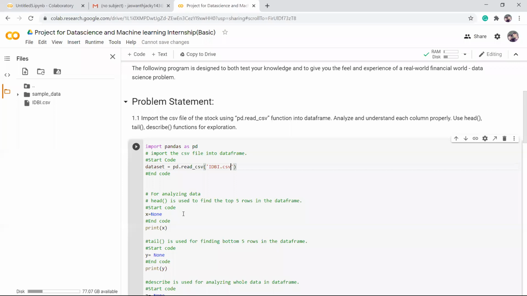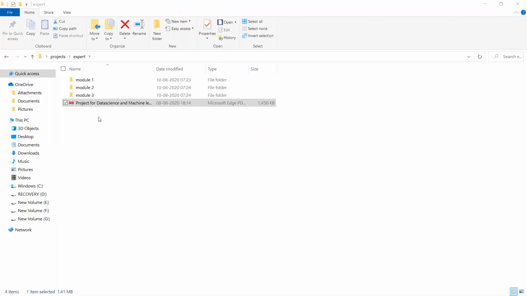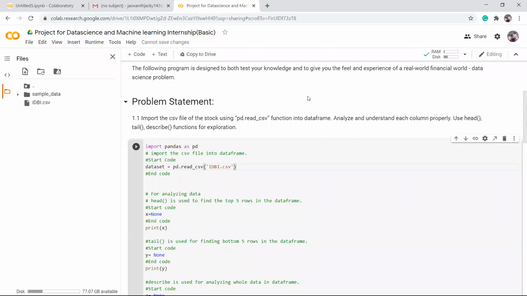say C colon, machine learning projects. There you can copy the particular file, click like this, and you'll get a path. You'll copy this and make a current working directory with this path. Yes, you can also do that. But the only thing is, when you're doing it with the local path, you need to use double slashes. C colon, double slash.